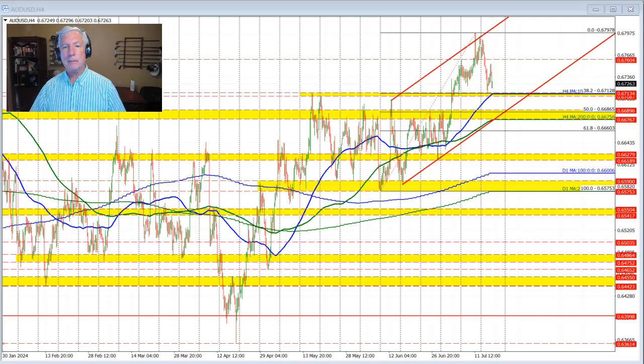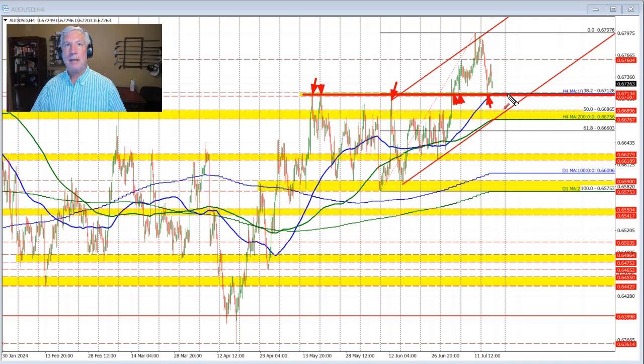Technically speaking, it's important to understand the key levels in play. And if I were to point out a key level or area for the Aussie versus US dollar, it would be right here. You can see how the market came and formed the ceiling against this area right through here, and got close to it here before moving to the upside and using that level as support here and here. We returned back to that level in trading this week with the test of the 38.2% in trading yesterday, and in trading here today, we've moved back down toward this area right through here near the